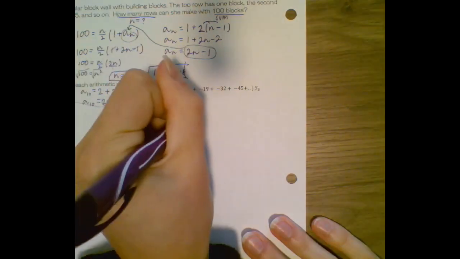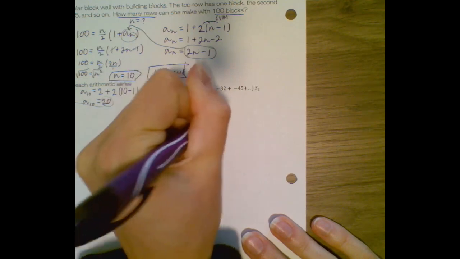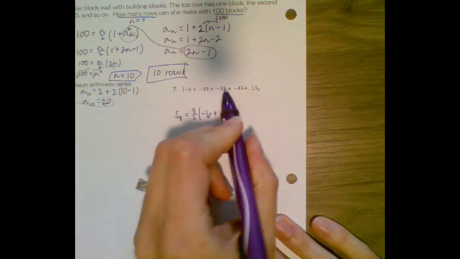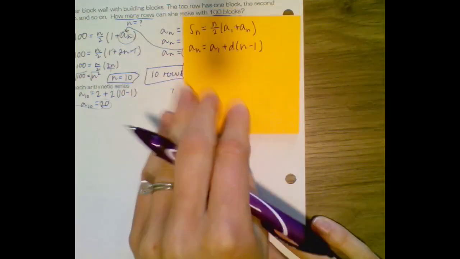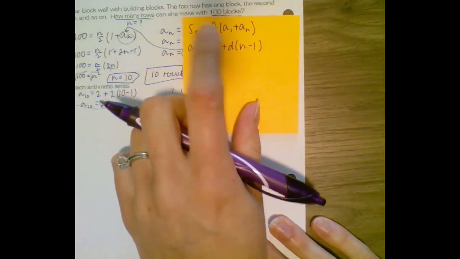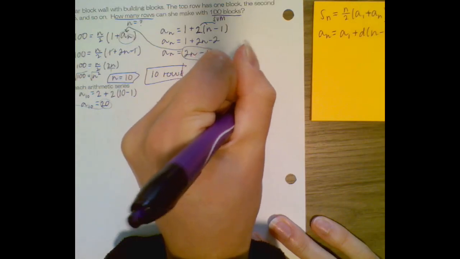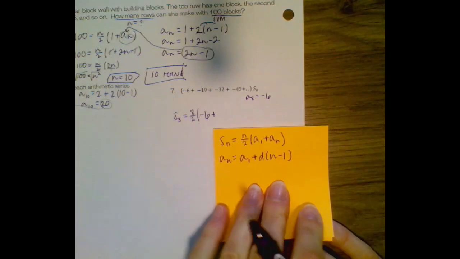So the sum of the first 8 terms, so 8 divided by 2, the first term is negative 6, plus, we don't know what the 8th term is. We only have 1, 2, 3, we only have the first 4 terms. So we got to go find that 8th term. So again, we're going to use the arithmetic sequence formula. So a sub 8 is equal to the first term, negative 6,